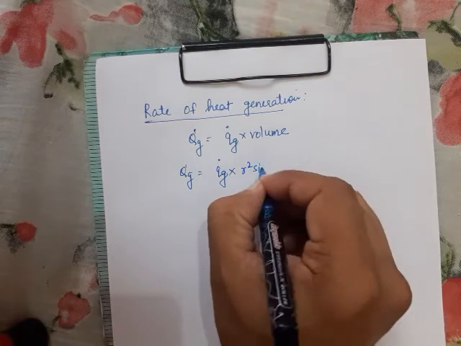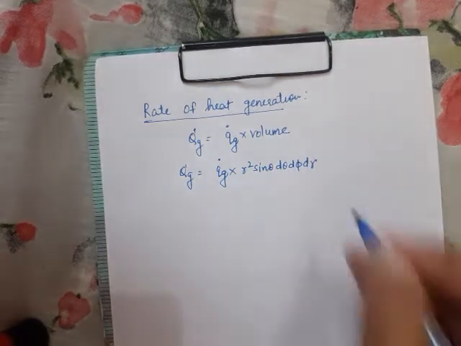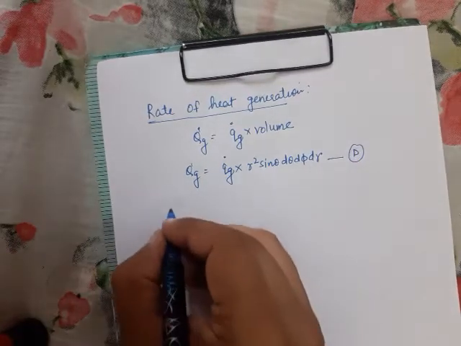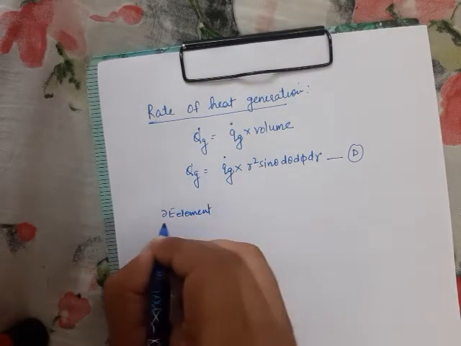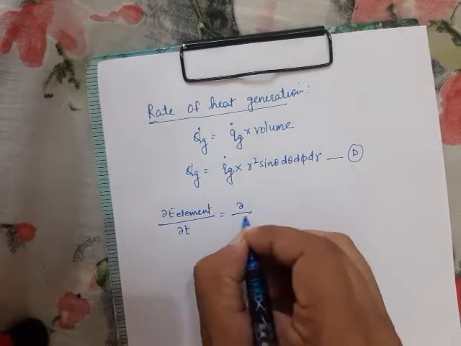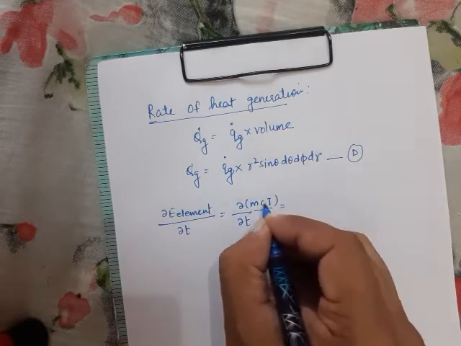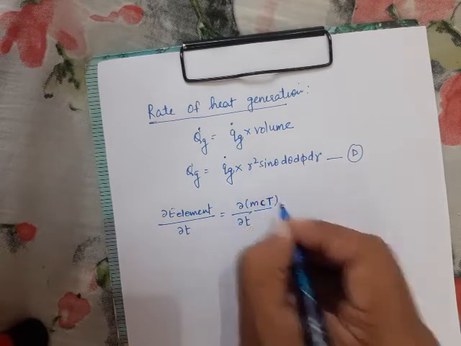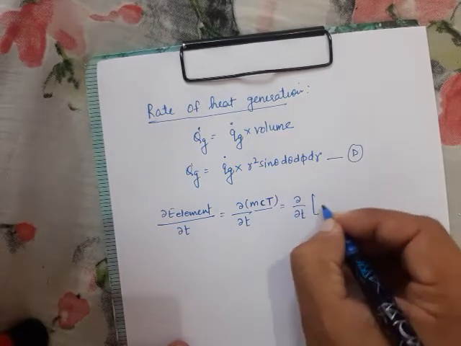R square sine theta d theta d phi dr. This is equation D. And del E of the element upon del T would be del upon del T of mcT: mass, specific heat, and temperature. So del upon del T, mass would be